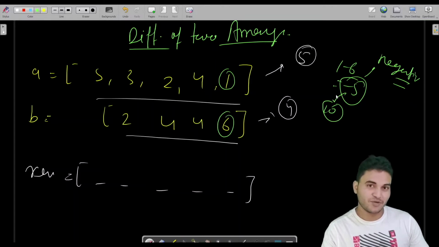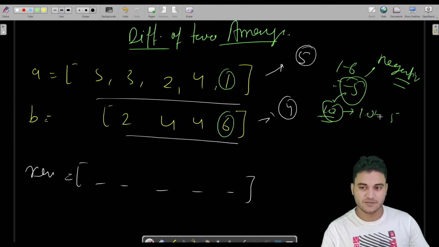I have covered this in the number system series. If you have missed the number system series, then you should watch it, because the logic for adding 10, or 8 or 2 in the case of binary or octal, is explained there. I have clearly explained everything in a very detailed manner. So here I am discussing this: if the result is negative, then we have to add 10 to the result, which is 10 minus 5.